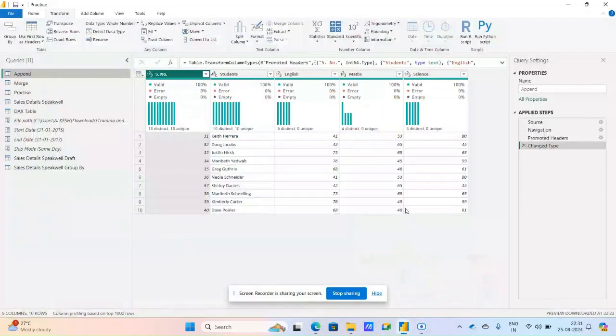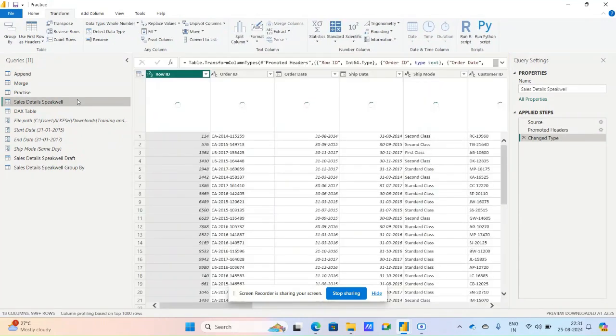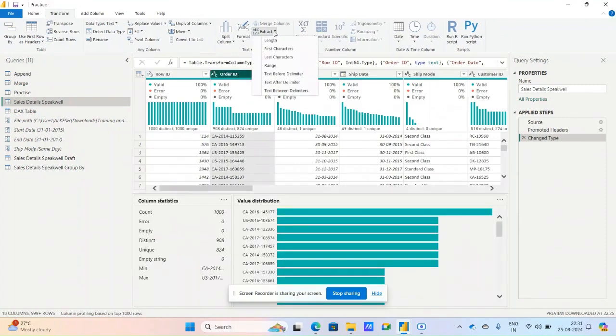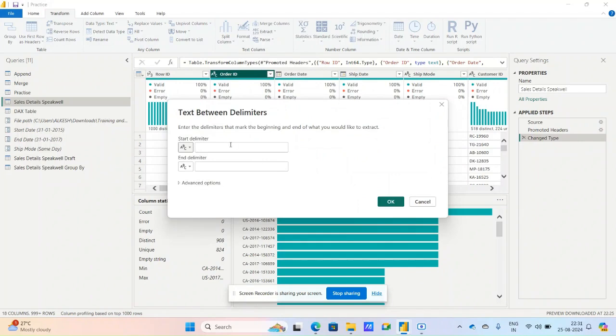Hello students, today we are going to see this transform tab. We have completed up to the text column and we had seen the extract option over here, and then the advanced option we yet had to see. We had seen that extract option and the text between delimiters. So if we don't use the advanced option and just put the parts over here, these two, what we will